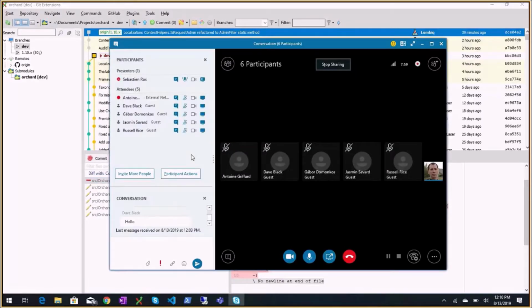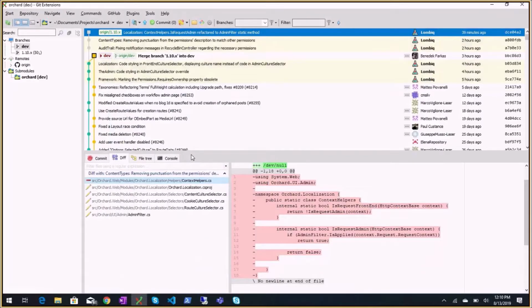So Gabon, you have a mission to tell Benedek that the last commit is not fine because it's a breaking change on 1.10.x and not a small one. Anyone using that will break, and this should be made obsolete. Everything else is fine, but this one should be made obsolete instead.